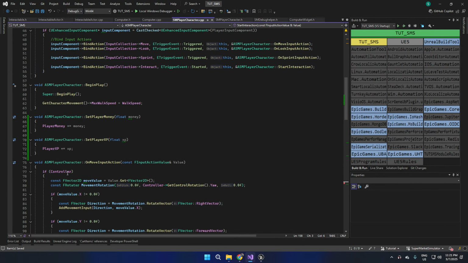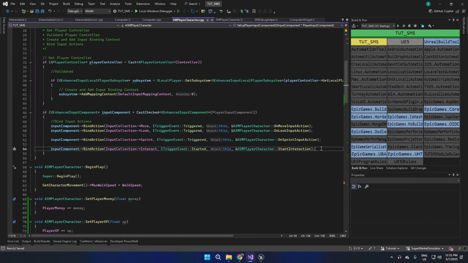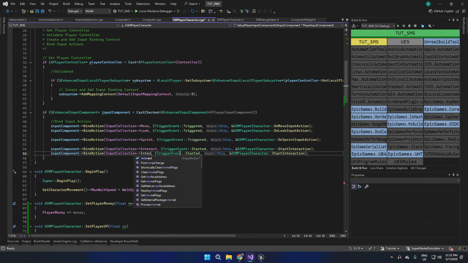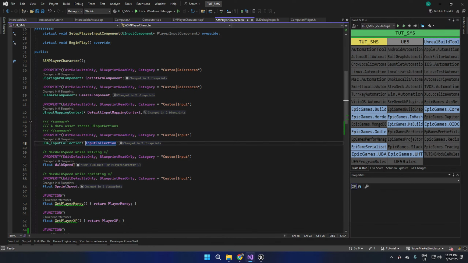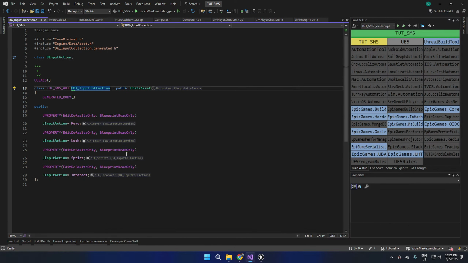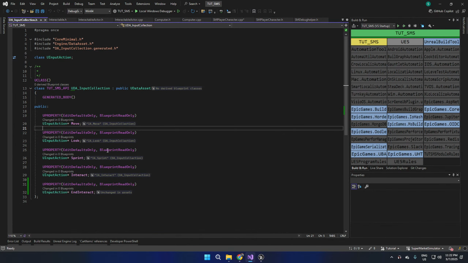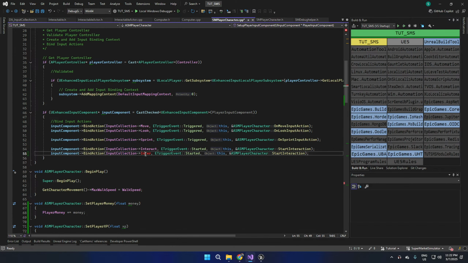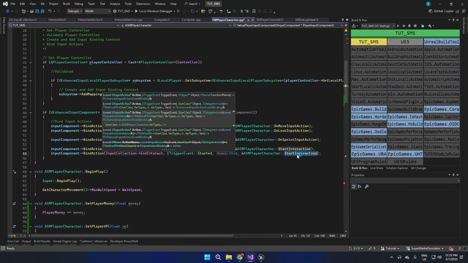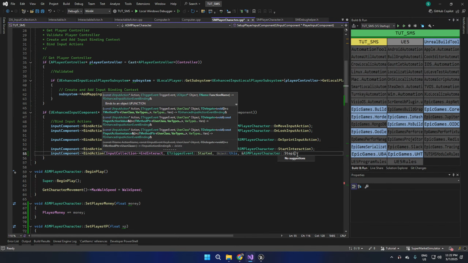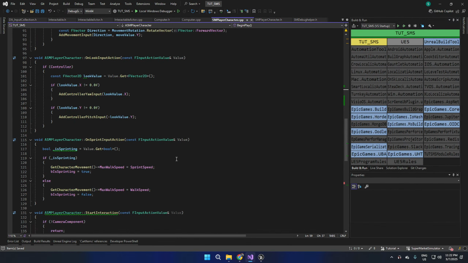First, let's add input binding of stop interaction. Interact input collection. Let's duplicate this and interact. All right. And interact and stop. No, is it end interact as well? Yeah, end interaction. Now in this function,